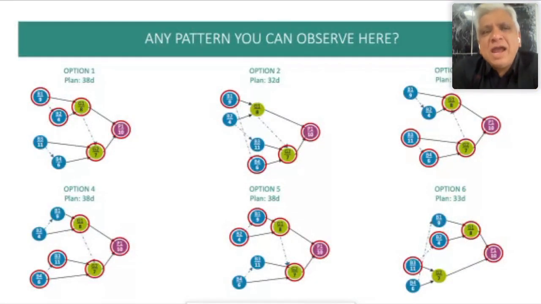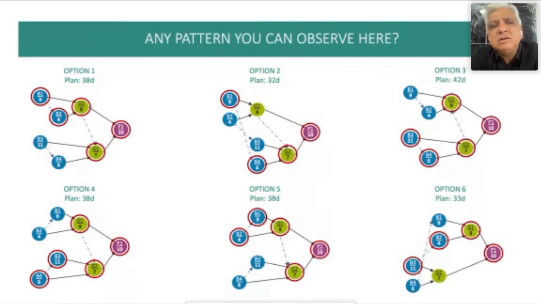So the thing I want you to examine is what is the pattern here. So this was our unreal world scenario, quadrant 3. Do you see any pattern here as to which options are the shortest? Why? So obviously, out of these 6 options, so there were 24 options, out of that I have highlighted only 6. Obviously, option 2 and option 6 are giving me the shortest plan,